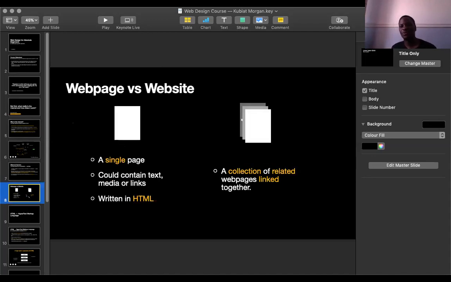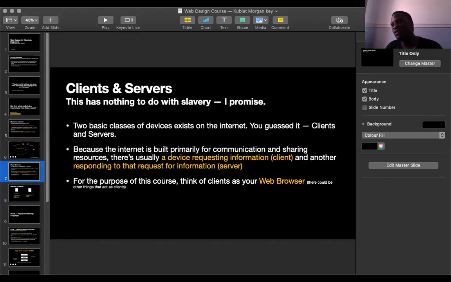Let's go on to looking at web page versus website. Yes, I know it's already outlined on the slide, but I think we should just stop here. I would like to get your feedback.